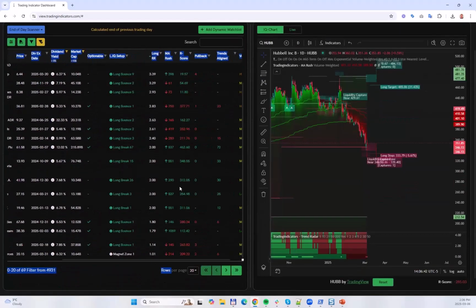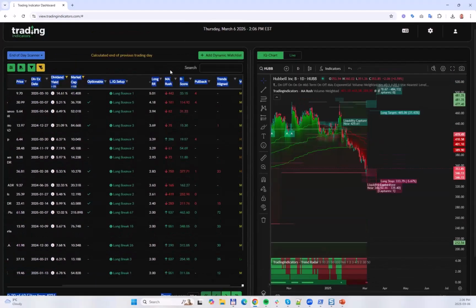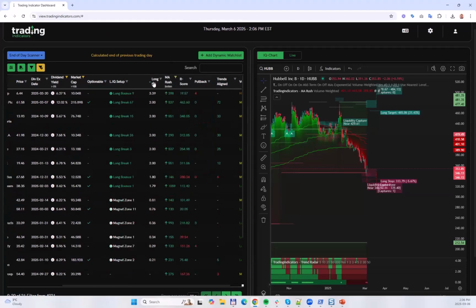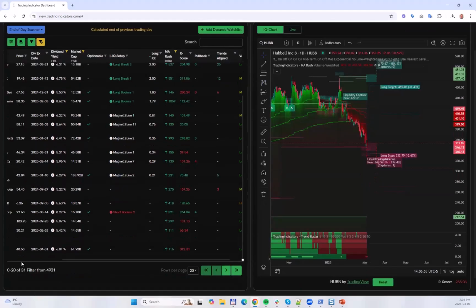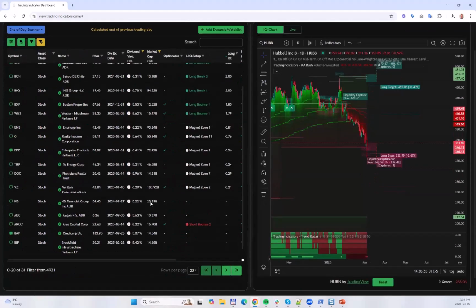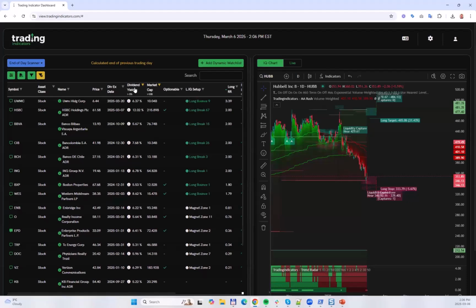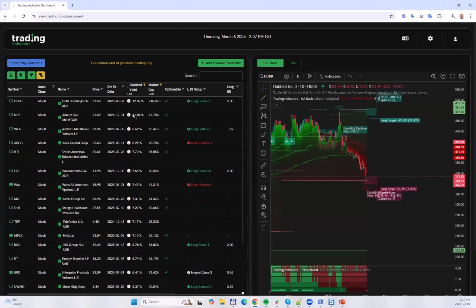So let's use Trend Radar. So Trend Radar, let's use MA Rush, and look for bullish stocks. I click on it. And now we're here, we're down to how many? 31 stocks. Okay. And now what I can do is I can perhaps sort by dividend yield. Actually, one stock, and this is the one I was looking at before, is this one here,